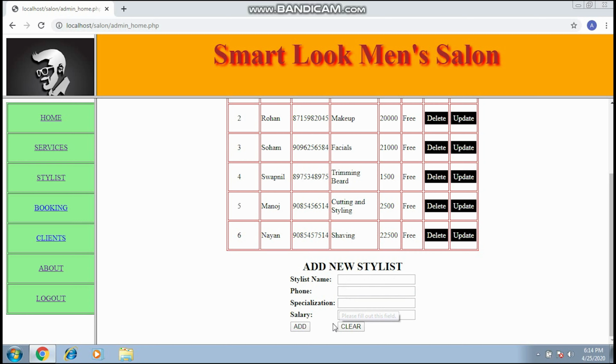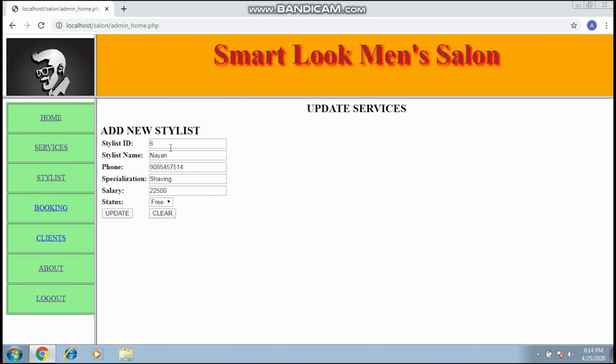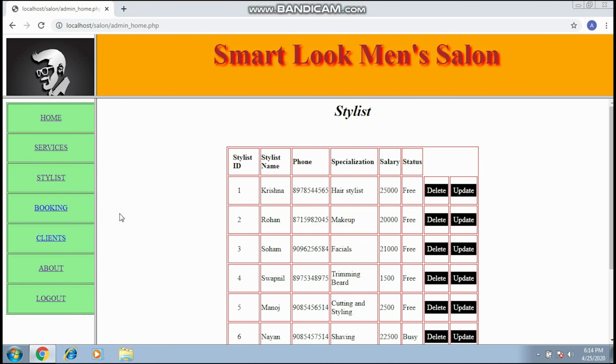Also, you can delete or update any stylist that is there in this salon. For example, we will set the status of this stylist, and now you can see that the stylist on number 6 is busy.